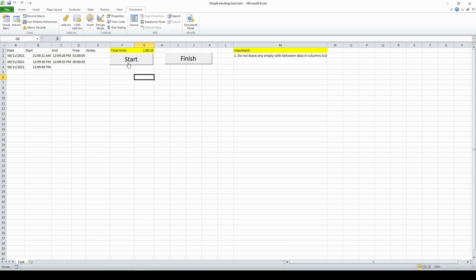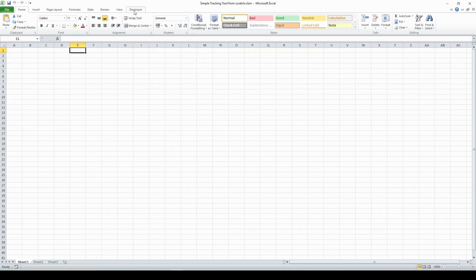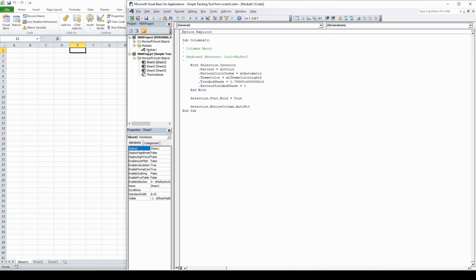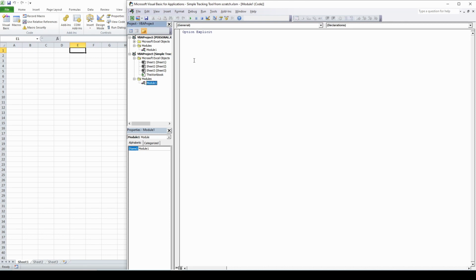Let's dig into it. First we have to open VBA editor and insert a new module. Then we can start writing our code. Every procedure in VBA must start with sub or function and a procedure name. Best practice is to choose a name that is descriptive but not too long. After that we can insert a comment, which always has to be preceded by an apostrophe.